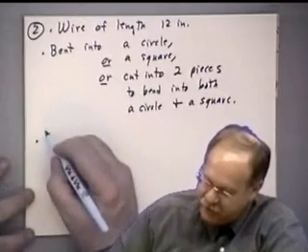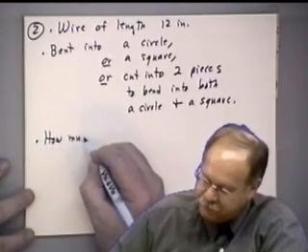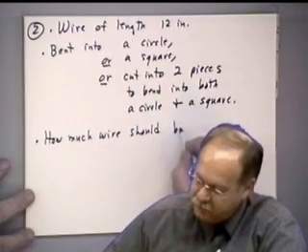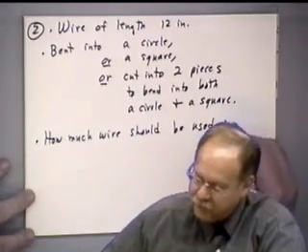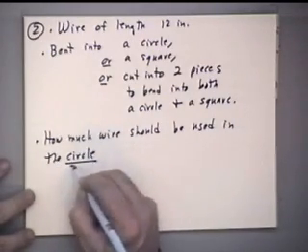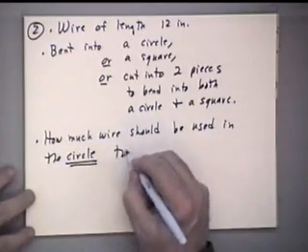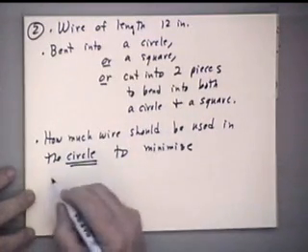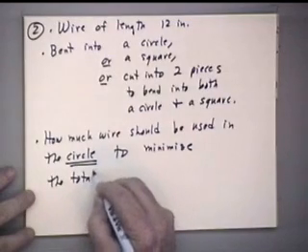The question then is, how much wire should be used in the circle, keep that in mind now, in order to minimize, that is, make as small as possible, the total area of the two figures,